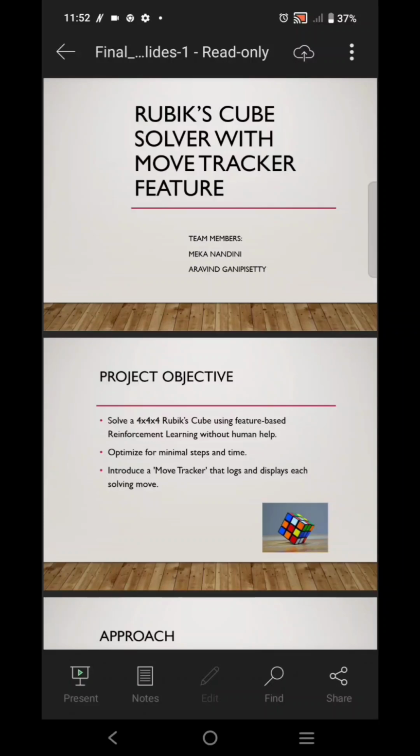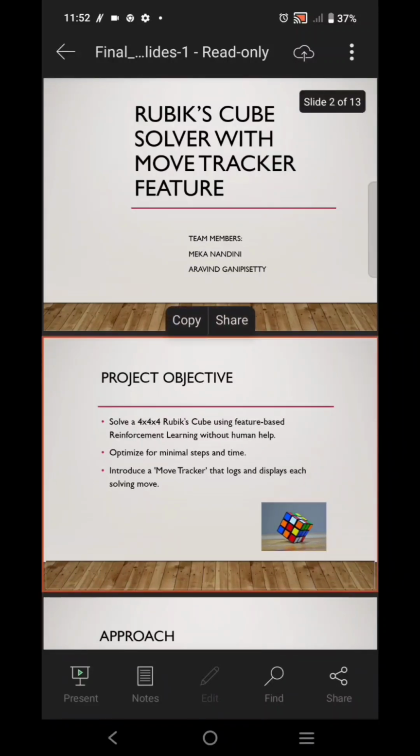Instead of hard coding solutions or using brute force, our goal is to enable an RL agent to learn solving strategies purely through interaction with a simulated cube environment. By rewarding successful moves and penalizing incorrect ones, the agent gradually learns an optimal path to the solved state. Our implementation uses state-of-the-art deep RL algorithms and offers a step towards intelligent self-learning systems that can adapt to complex